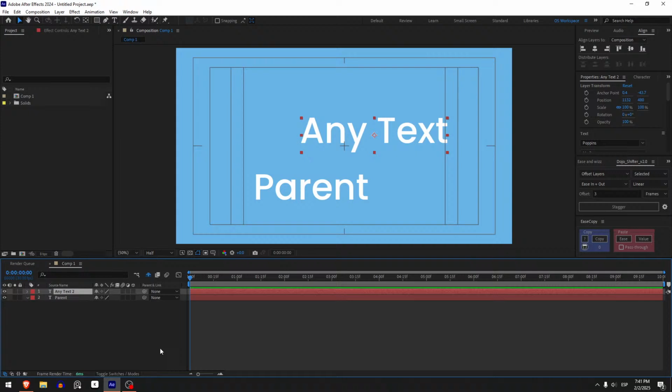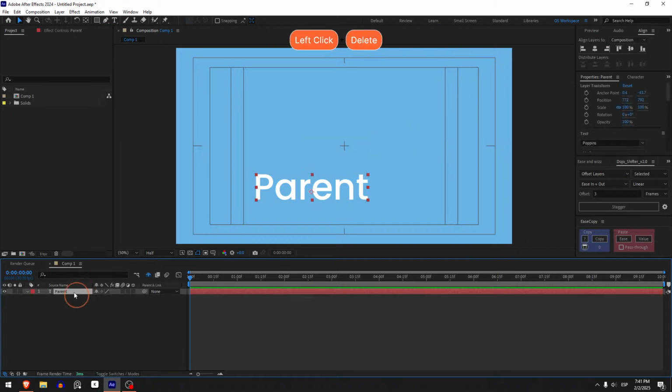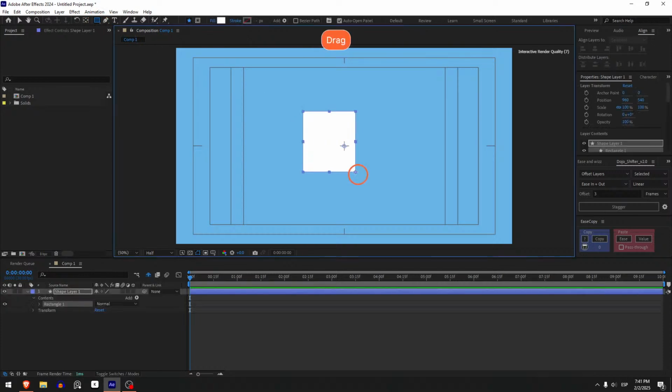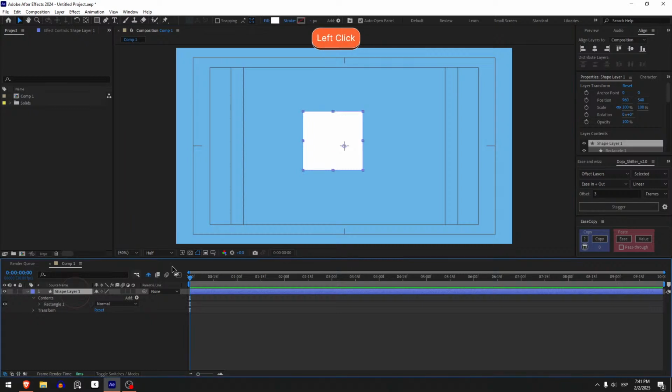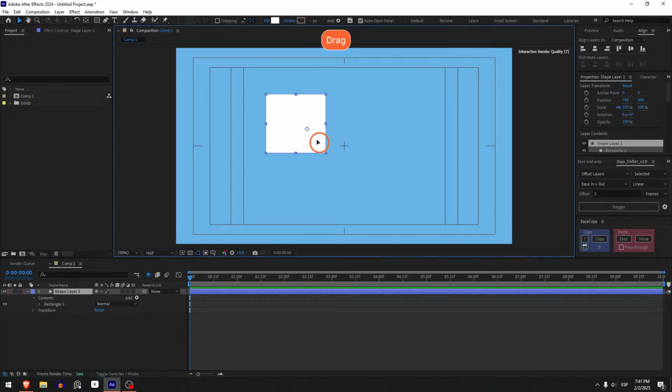So I think that was all. Oh yeah. And the last thing. So the last thing is if you want the anchor point to be in the center every time you create a shape layer,